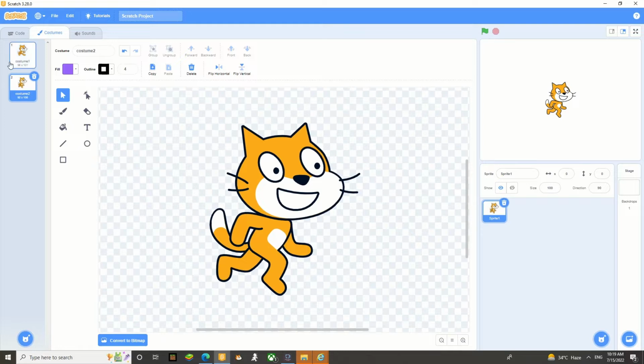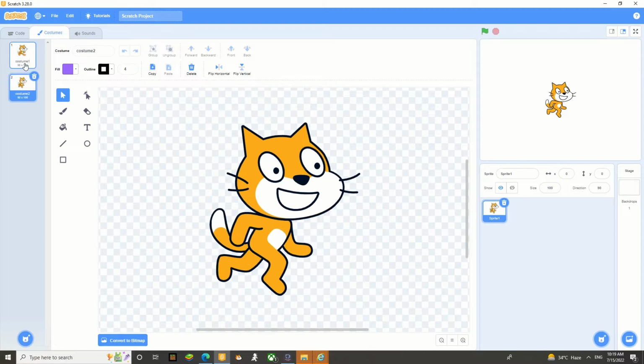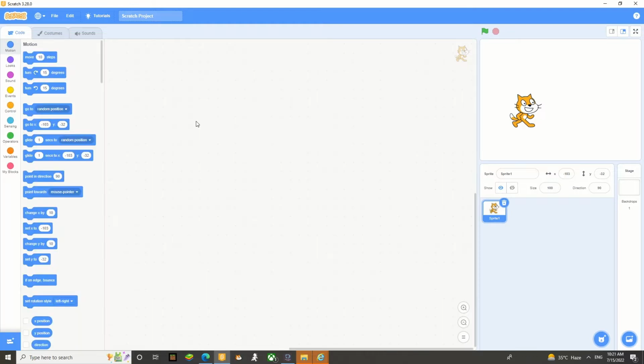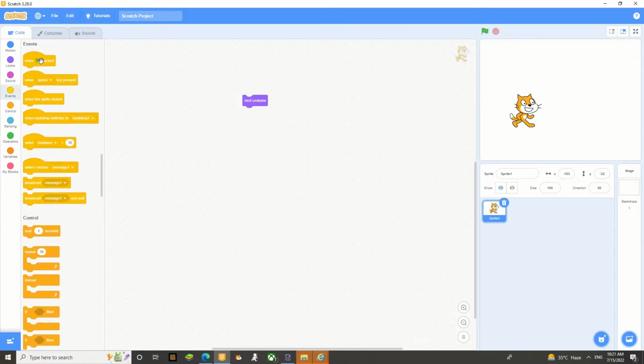So different costumes can make your sprite look like it's moving its arms and legs when you switch between the cat's two costumes. It looks like it's walking. Start a new project and try this example. We can show our cat walking by changing its costume, and here we can take a block from look and we will take here next costume, and we have to also select when flag clicked from event, and I'm moving